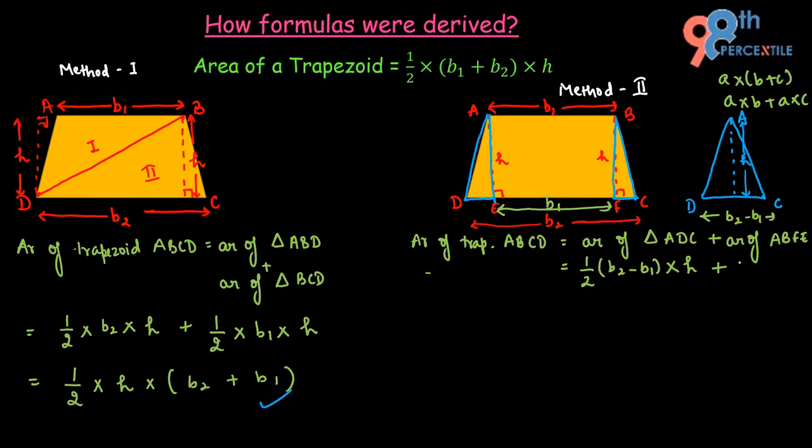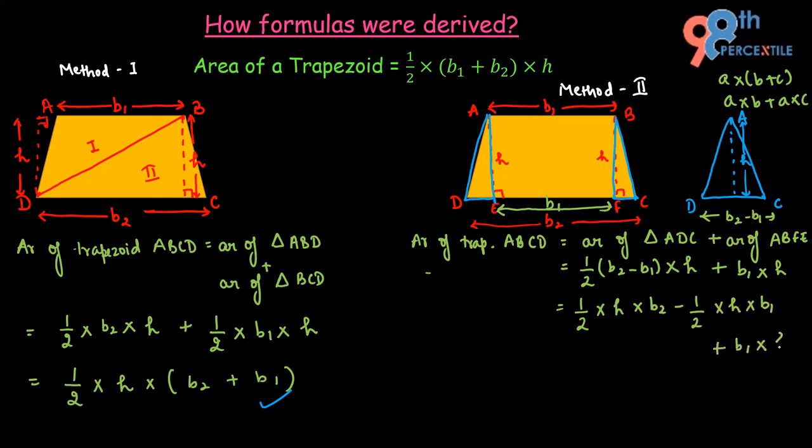Its length is B1 and its height is h. So I'm going to apply the distributive property here to simplify this area of the triangle. So that will be half times height times B2 minus half times height times B1, and here this is plus